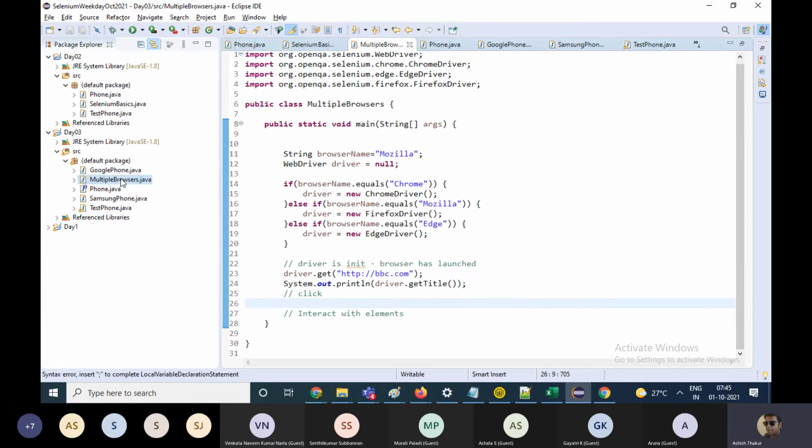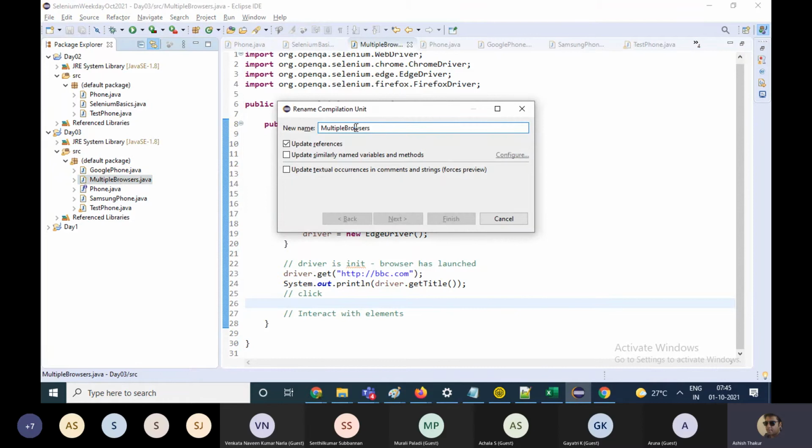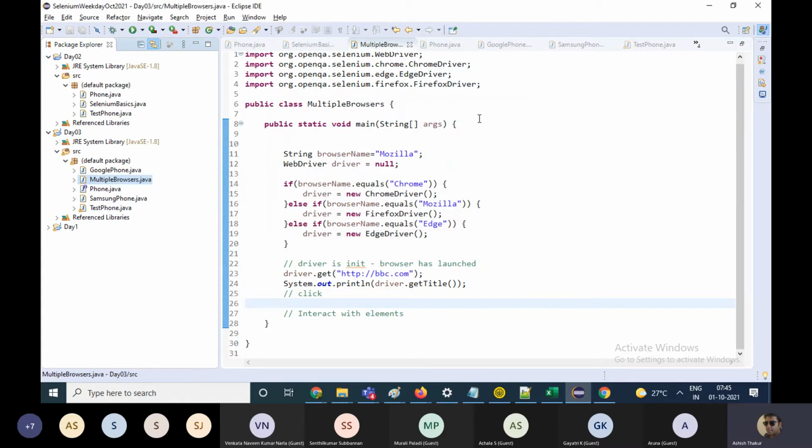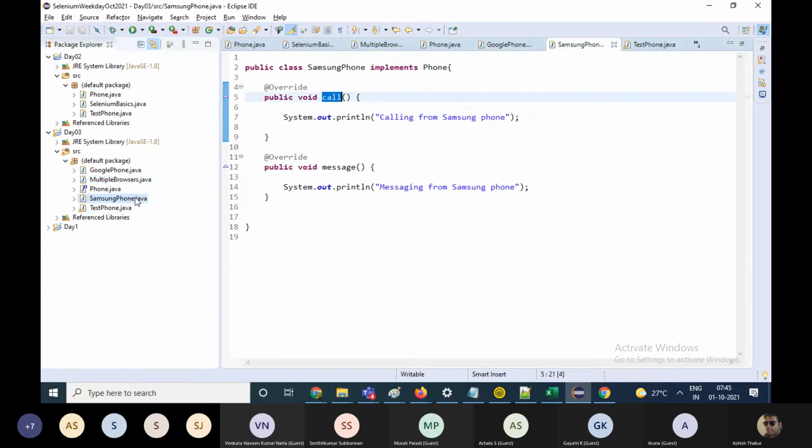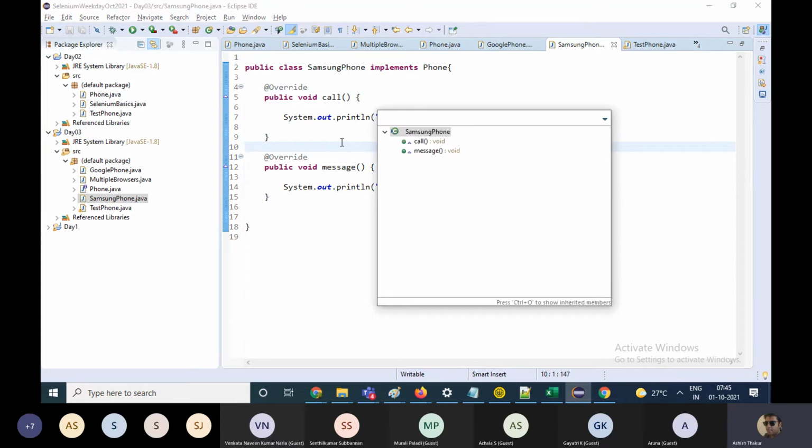If you want to rename a file in Eclipse, you hit F2 on the file and you can rename the file. And if you have a file like this, this file has got two functions, sometimes there are 100 functions in one file and you want to find out the functions, you hit Control O of the keyboard and you will get the list of all the function names. You can sort them by typing like this.